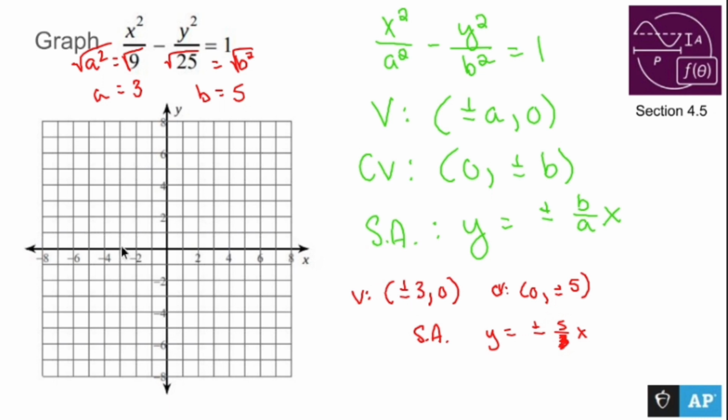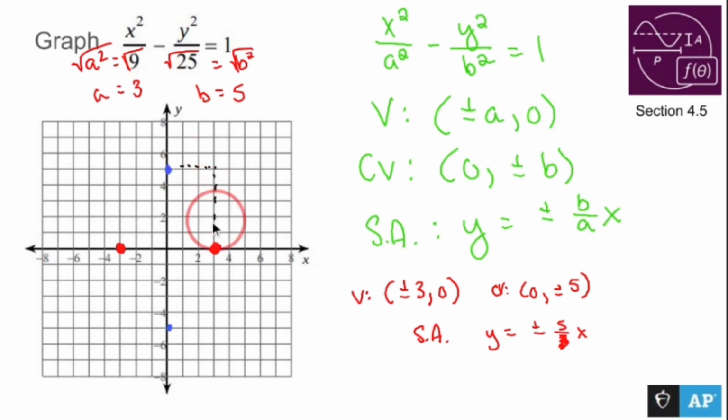Vertices at negative 3, 0 and 3, 0. Co-vertices at 0, 5 and 0, negative 5. Now, the co-vertices when graphing really aren't that important, but